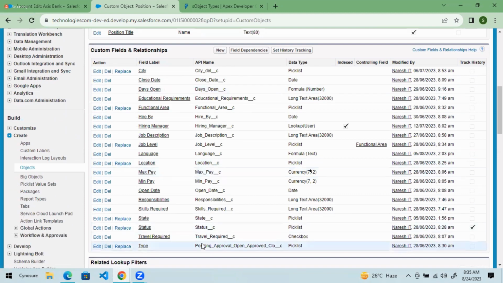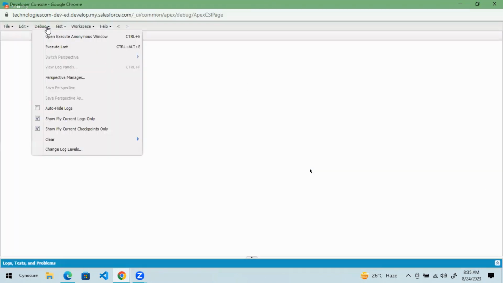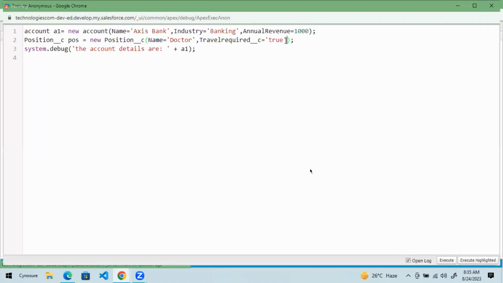This is the travel record. See, this is the API name. Okay, if I execute this, even I am displaying. Similarly, I want to display